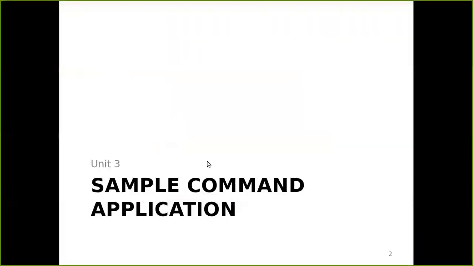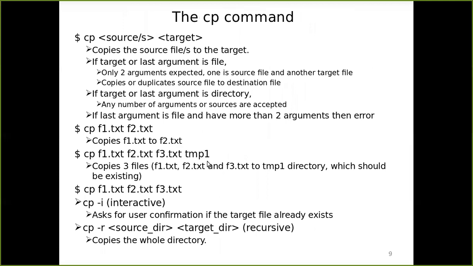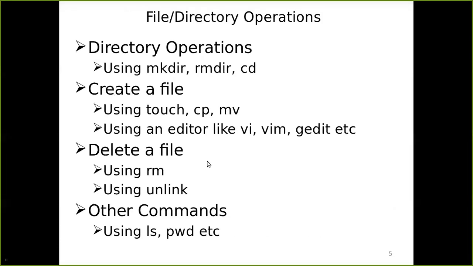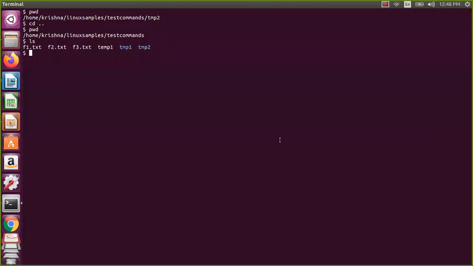The sequence told here is that you need to remove the temp2 directory initially. So I will remove this one with rmdir. I say rmdir temp2, and if you see this, it is not acceptable. Why? Because the directory has contents, you cannot remove it. We will come to this step after this.